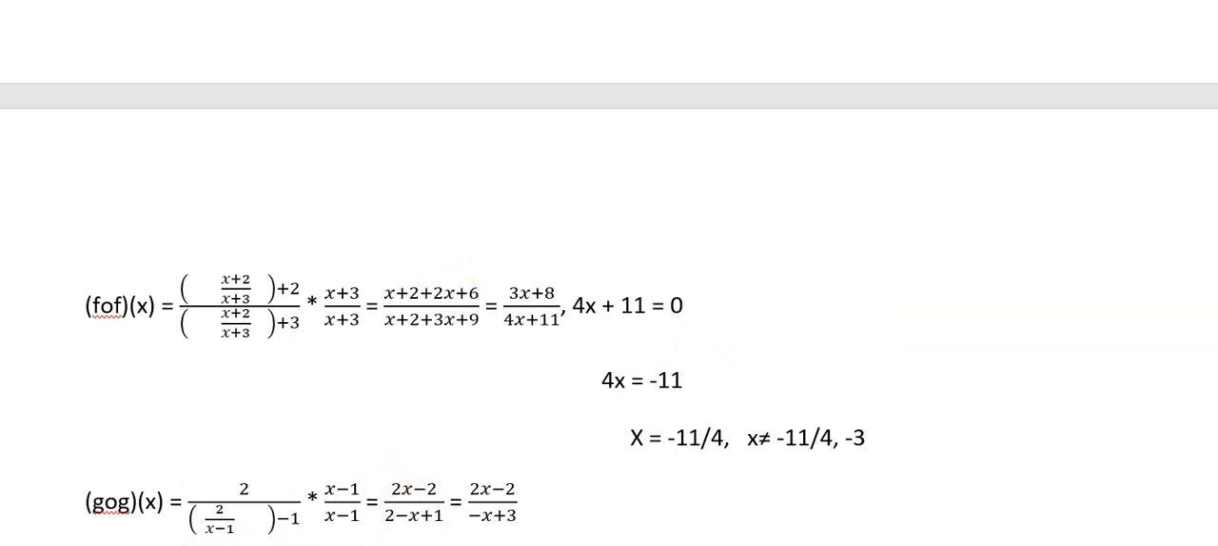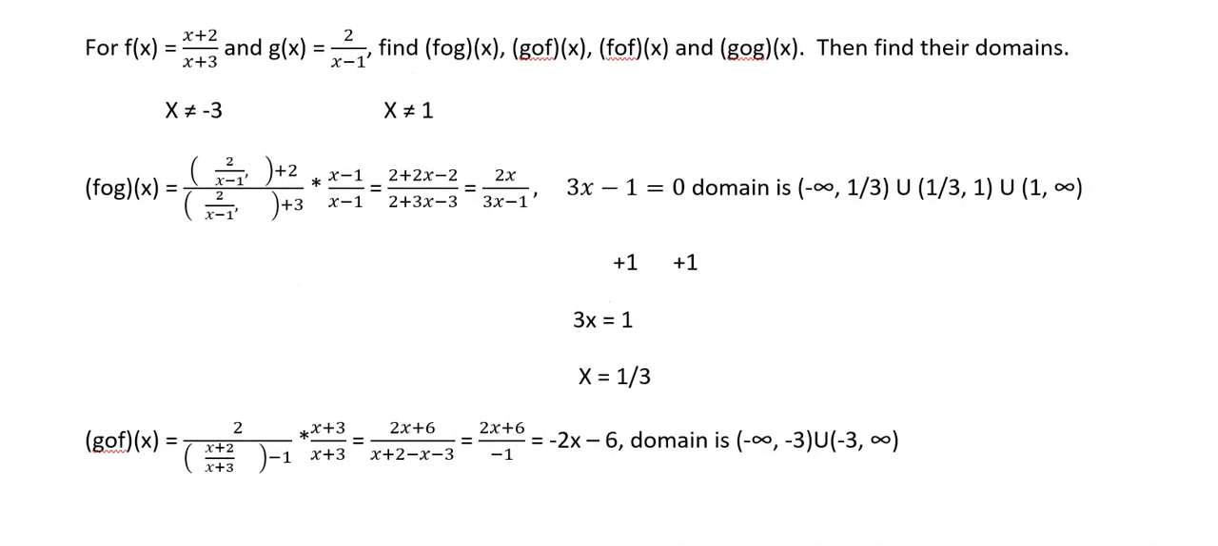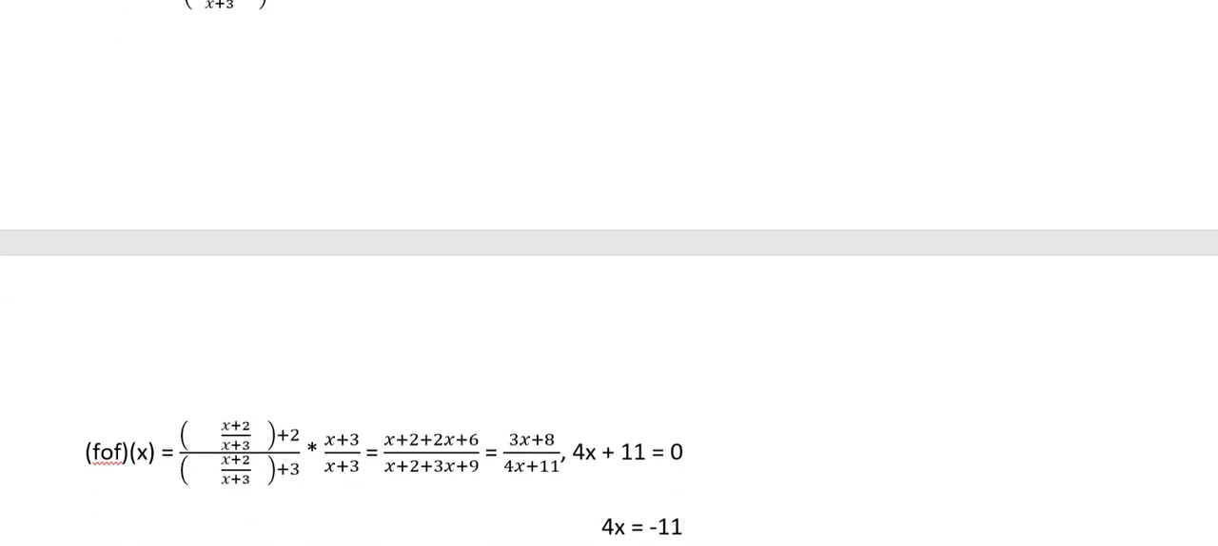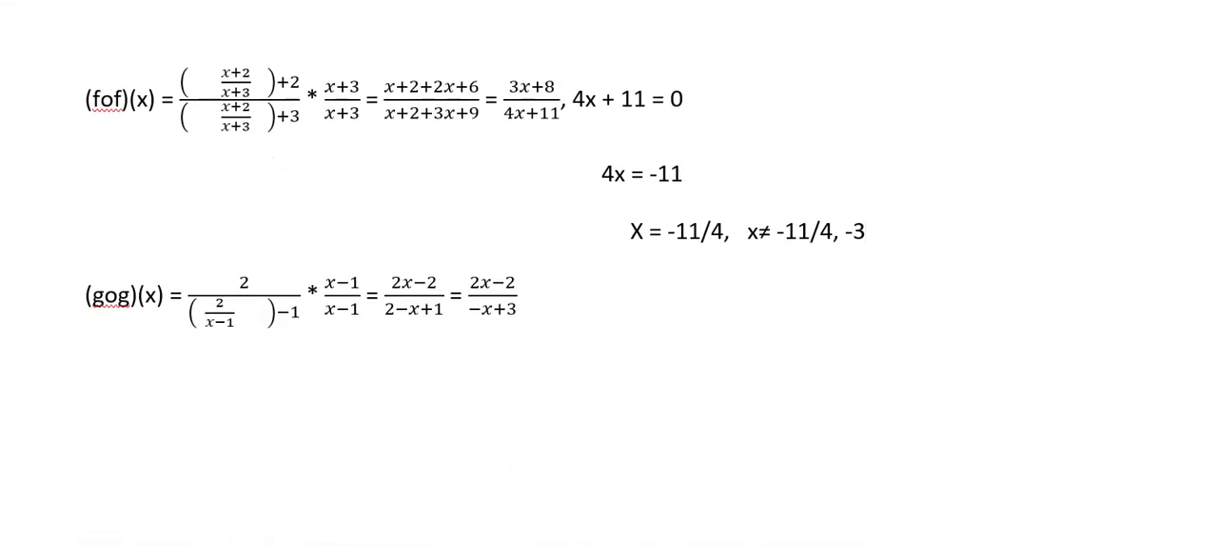All right, now let's go to our last one. G is the second one in the function. G can't be equal to 1. Setting this denominator to 0 and moving the x over to the right, I get that x can't be 3. So for the domain of this one, we've got that x can't be 3, and it can't be